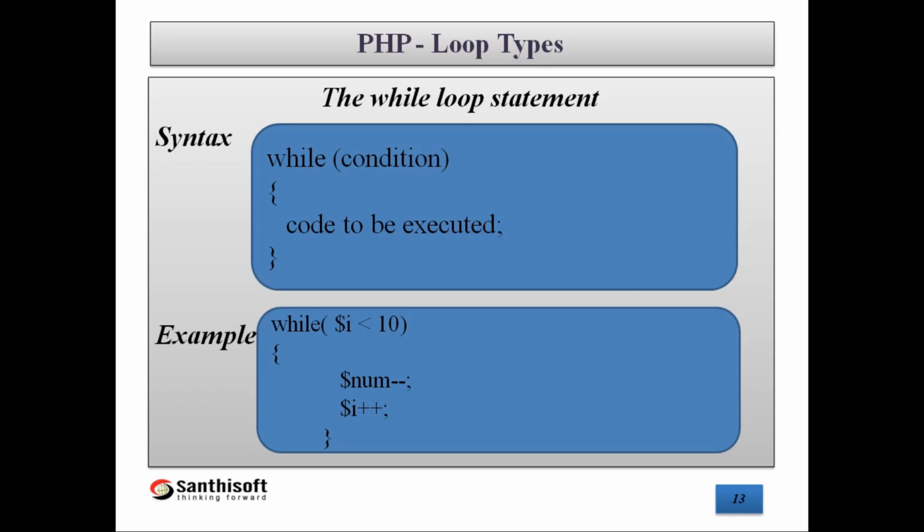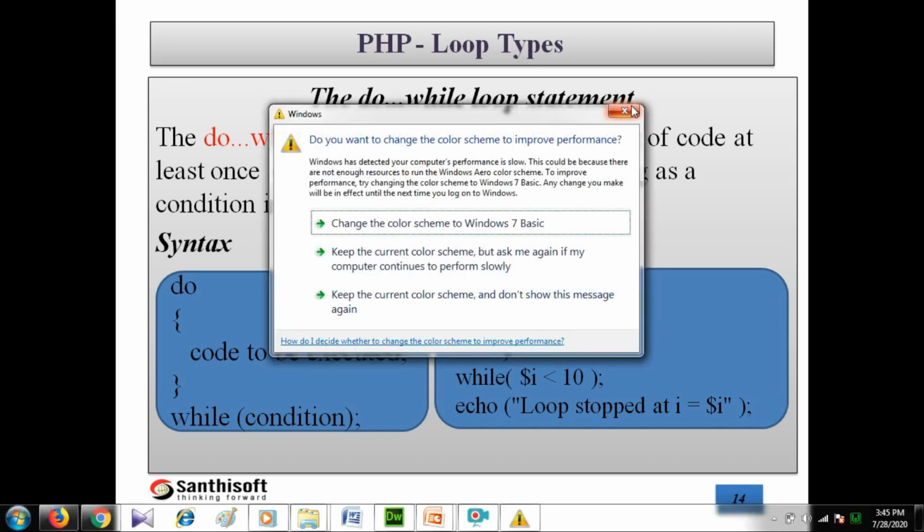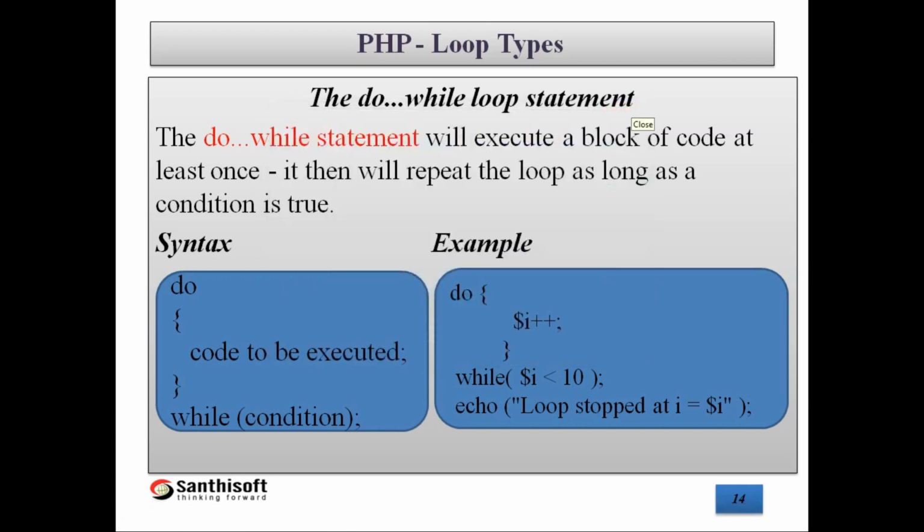Okay. Then the next one is the do while statement. The do while statement executes a block of code at least once. We know that the while loop is known as an entry-controlled statement and do while is known as an exit-controlled statement. First of all, the do part will execute. In the while loop, if the condition is false, the body part will not execute, so we don't get any output. But in do while, we can get output.